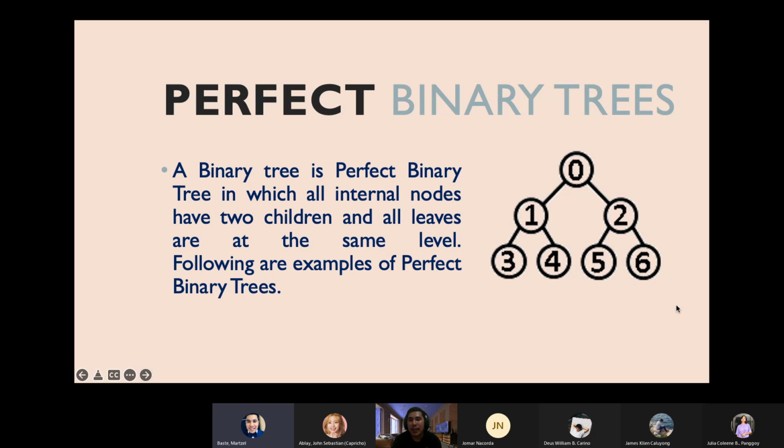Kasi upon seeing the property of our perfect binary tree, it also follows that this is a full binary tree kasi all